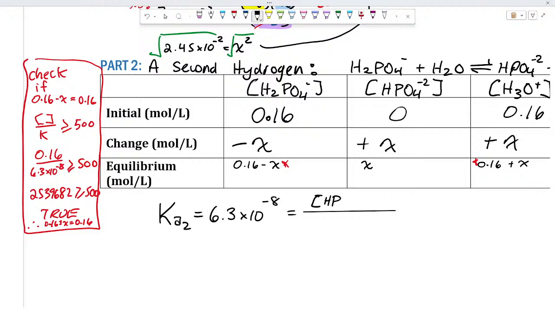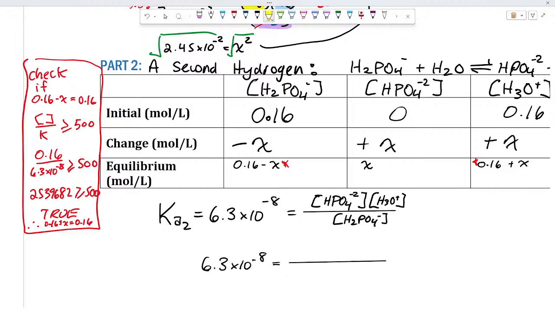Yeah, the conjugate base. So in this case, the HPO4 negative 2, and the conjugate acid, which is always H3O plus. Good. And what goes on the bottom? Very good, which, even though it looks like a conjugate base, is our acid in this case, right? And we can keep in mind we don't have to put water down there because water is baked into Ka. So 6.3 times 10 to the negative 8 is equal to, and now we can actually put numbers here,